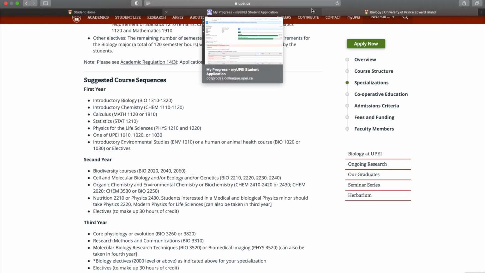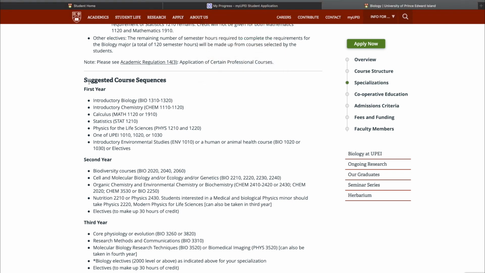So first parts of courses are often only offered in the fall semester, and second parts of courses are often only offered in the winter semester. So you take the first part first, and that's a prerequisite for the second part, which you can then take in the winter semester. It'll make more sense when we look at it on the course plan. So with that in mind, that makes it a little simpler to understand exactly what courses you need to take for your first year.